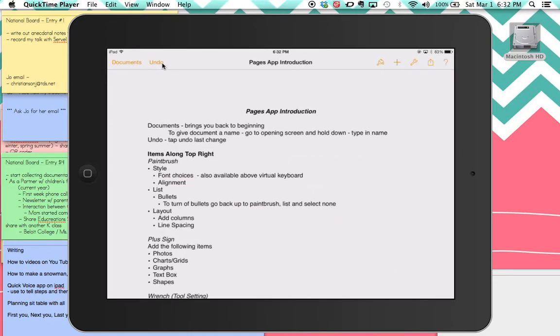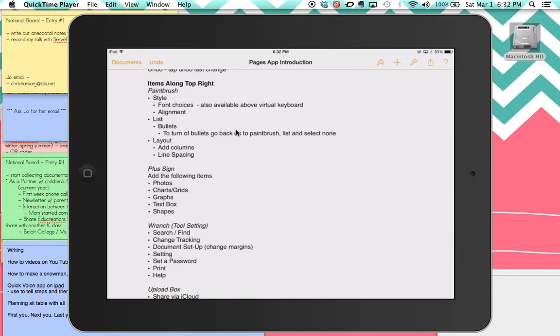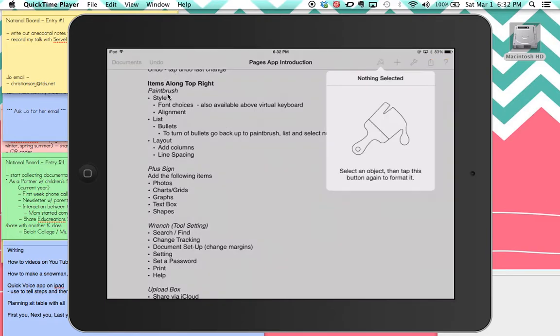Again, along the top, you have Undo, which undoes the last change that you made. And then you have the title of your document. Then off to the right, you have a paintbrush, a plus sign, a wrench, upload, and question mark. So if we look down on the items along the top right, the paintbrush, these are the items you will find there, which are style,